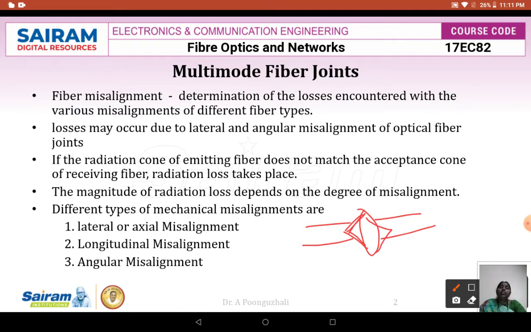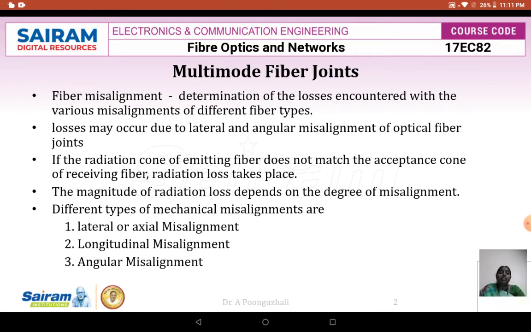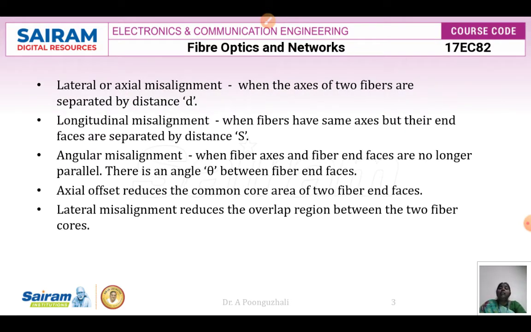The magnitude of the radiation loss depends on the degree of the misalignment of the fibers. So here in this case, there are different types of mechanical misalignments. One is your lateral or axial misalignment. The other one is your longitudinal misalignment, and the third one is your angular misalignment. Lateral or axial misalignment, as the word axial tells, is when the axes of the core